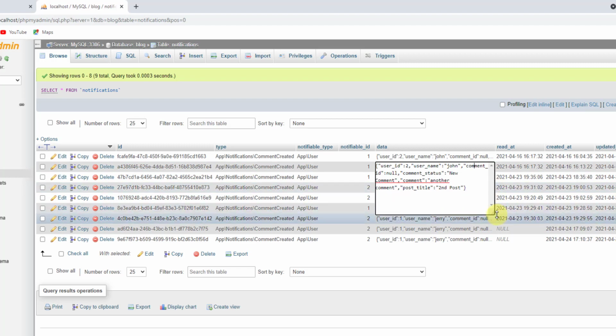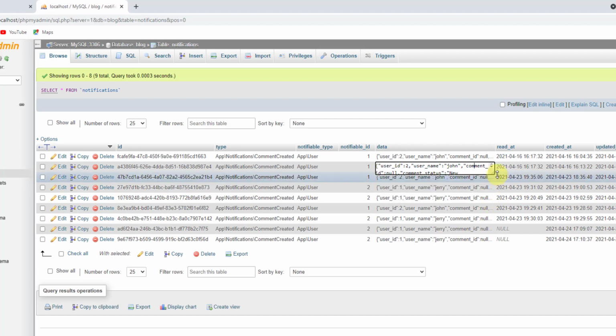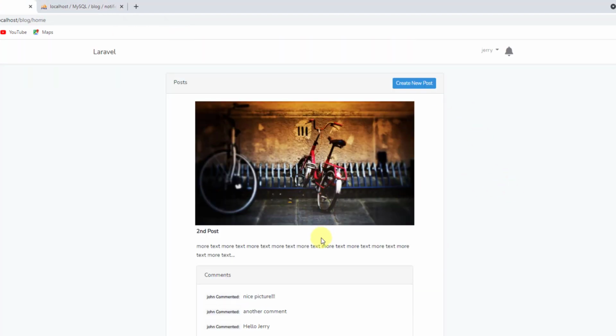If I show you, yeah, you can see we are only passing the post title, but we are not passing the post ID. Well, to be able to show a specific post with its comments, we have to pass that post's ID also. So to do that, let's get back to the text editor,